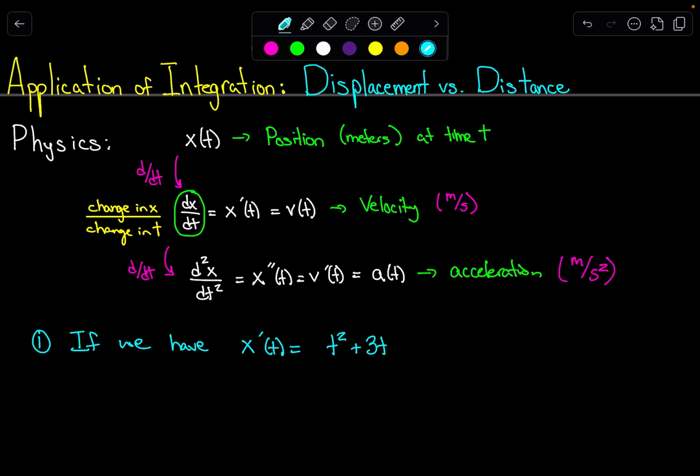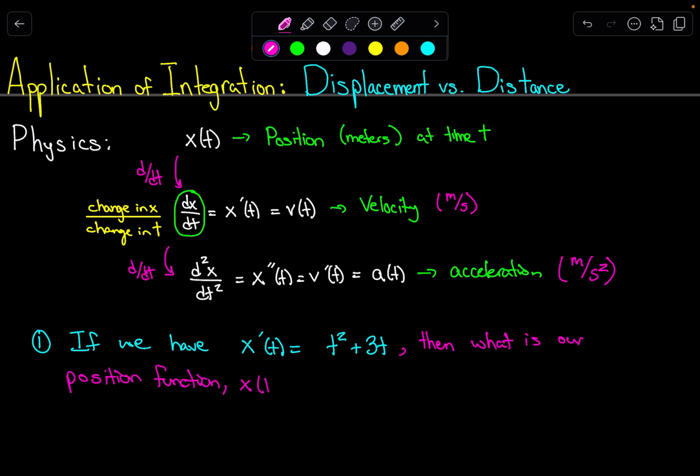And so this is a function that represents our velocity. The question is, if I integrate this, what am I going to get? Okay. So if we have x prime of t is equal to t squared plus 3t, then what is our position function? What is our position function